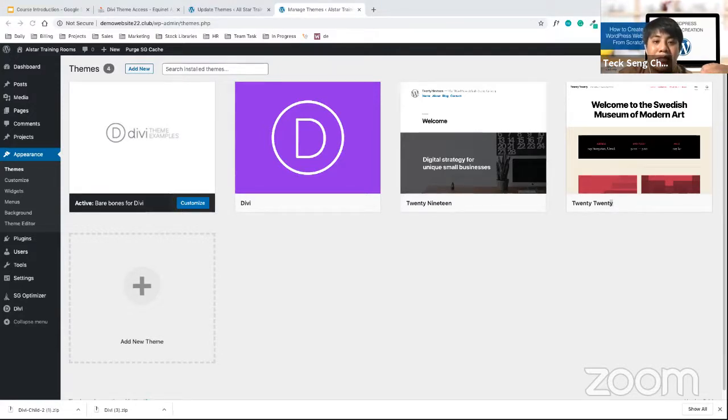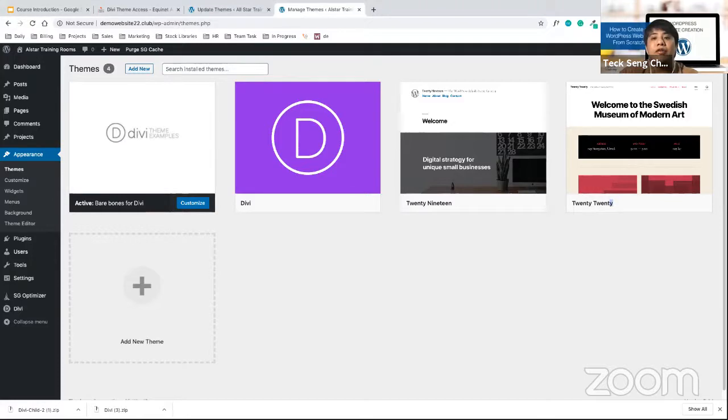So plugins are basically additional features or functions to your websites, to your WordPress itself. WordPress itself is a pretty simple platform. You only do posts and pages, and that's about it. If you want more stuff or more function, you just need to install additional plugins.